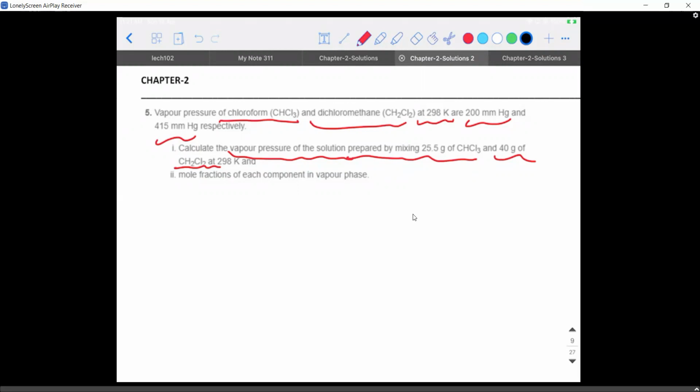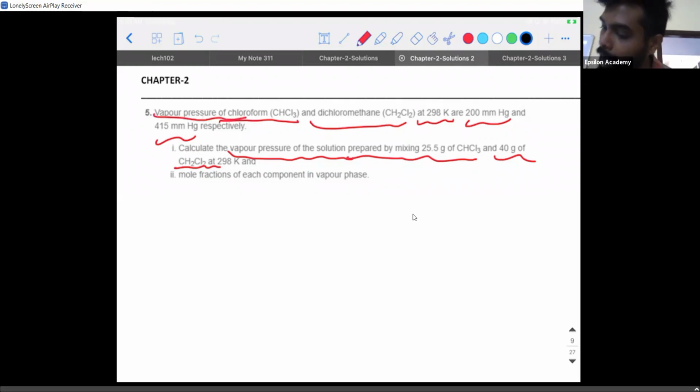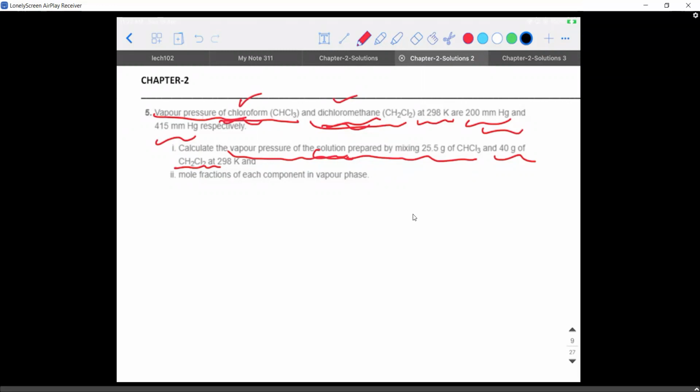So I have a doubt. Yeah, tell me, Kana. How do we know it's pure vapor pressure, sir? They didn't tell us it is getting mixed, isn't it? If they don't say it is getting mixed, but in the question they have mentioned solution, then definitely it is not pure vapor pressure. But here they are not giving anything regarding the mixing part. So the vapor pressure of chloroform and of dichloromethane when they are alone is this much, and obviously that is your pure vapor pressure. Is it okay? Okay, I understand.